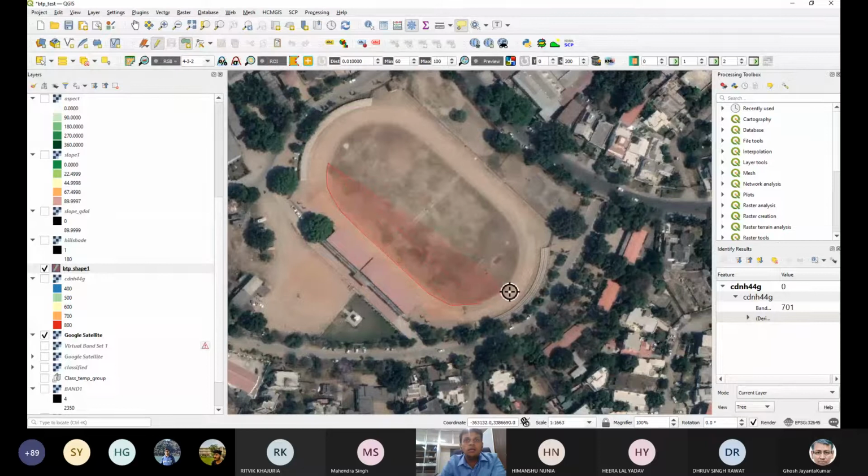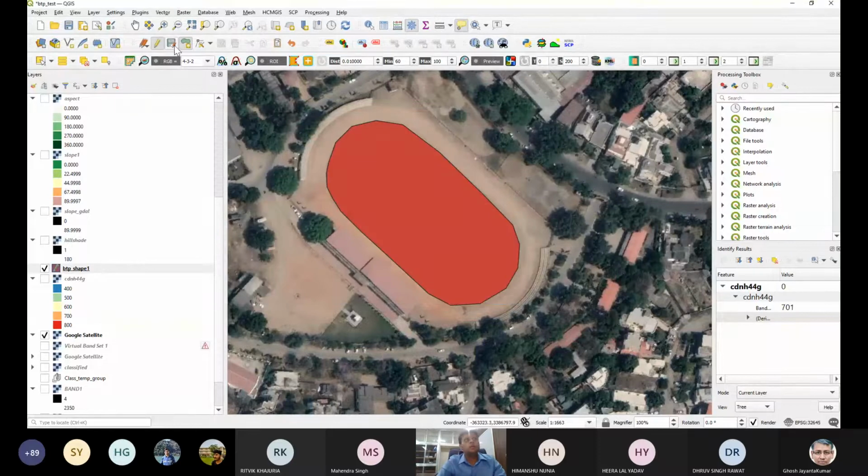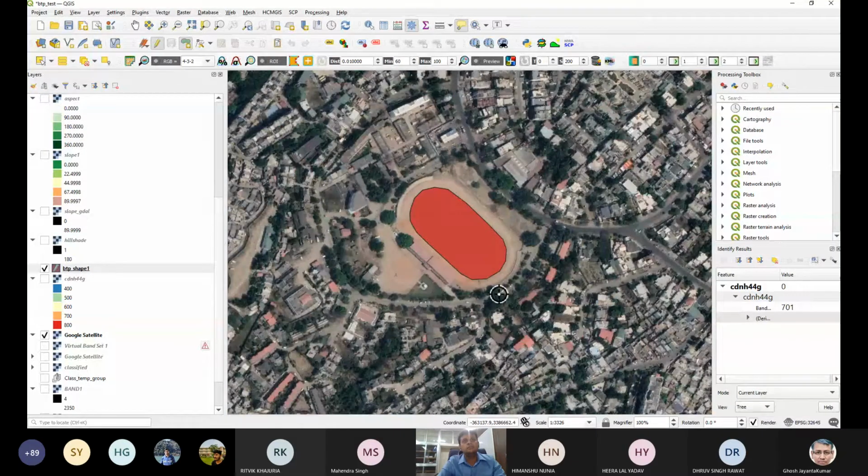This video is basically to explain. I'm just doing it very fast, but you have to make sure once you do it, you do it very precisely. Okay. And once you say that this is the last point of the football field, you have to right click. And then it opens the attribute form. You say ID 1 maybe, and then okay, save it. When you click on the save button, this is created. So you have created your own field.